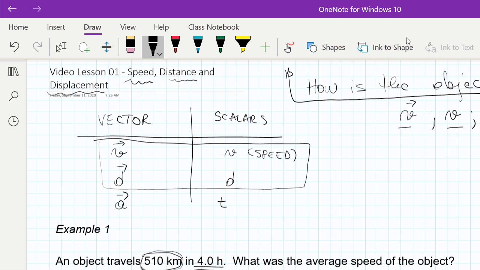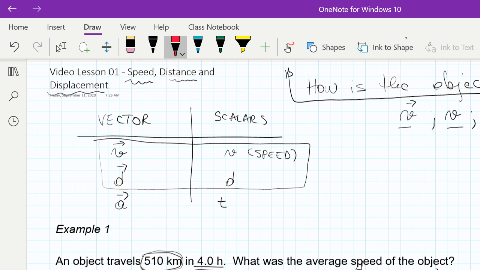Now, the average speed is total distance over total time. The total distance that the object is obtaining is 510 kilometers over the total time that the object is moving, which is 4 hours. And now if you reach into your calculator, 510 divided by 4.0, the calculator will give you 127.5, and the units are kilometers per hour. However,